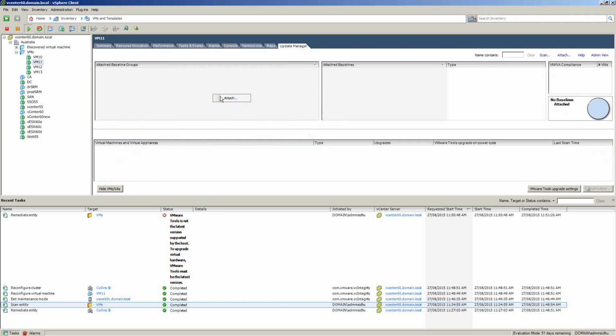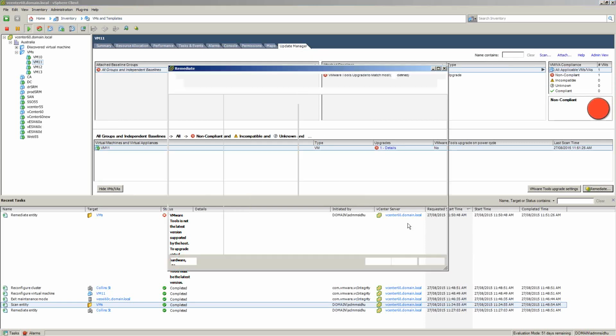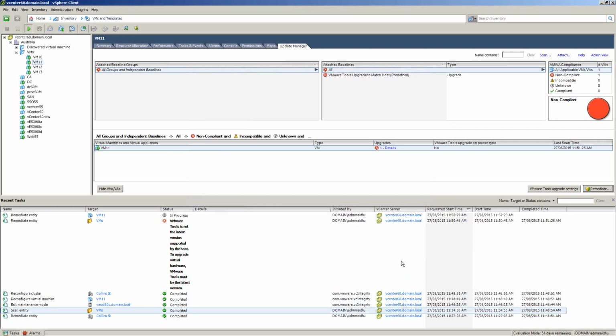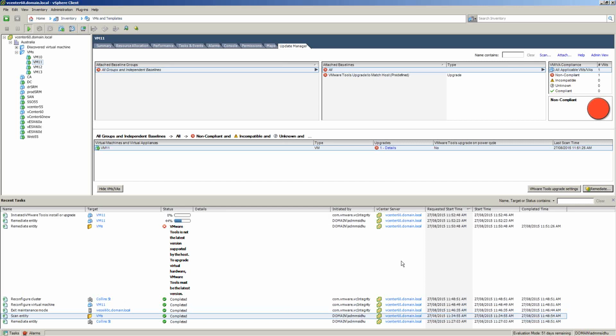That's how I would have done it. Okay, that's looking good. So it'll do a power cycle of the VM if it needs to.